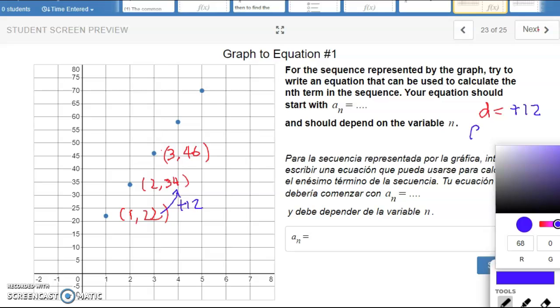And now we need to figure out what a sub 0 is, or the 0th term. When n is equal to 0, since it's increasing by 12, we subtract 12 from 22. So 22 minus 12 is 10. So I know that this is going to be the value when n is equal to 0, and it looks like it's going to form a straight line like that. So a sub 0 is 10. So that means the common difference is 12